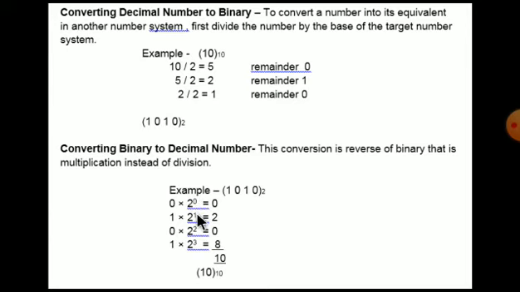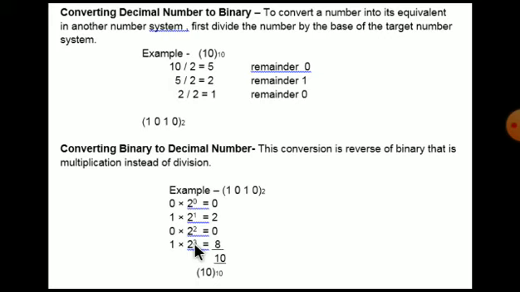Then we have to give here power. According to the rule, we have to start the power from 0. 0, then 1, 2, 3 and so on. So we will do this. Firstly we will solve the power. 2 to the power 0 means 1. 0 into 1 is equal to 0. 2 to the power 1 is 2, 1 into 2 is 2. 2 to the power 2 is 4 into 0 is equal to 0.